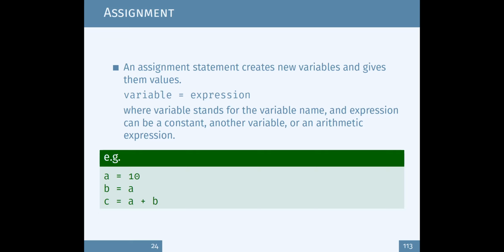Right. Then we also discussed the basic assignment. Usually in computing, we work on the right-hand side, which is assigned to the left-hand side, generally written like variable equals expression. The expression can be a number, like in the first case, a equals 10. Then the expression could be another variable, like in the second case, b equals a. The third one could be an arithmetic expression like c equals a plus b, so whatever the values in a and b will be added, and you create variable c.